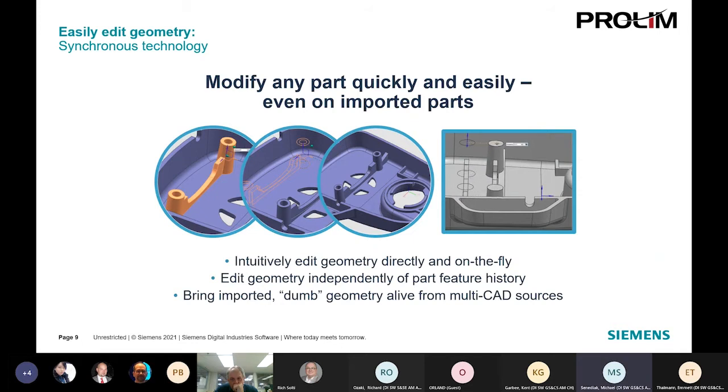So when we talk about how can we easily work with that geometry, Synchronous technology is at the core of this. It allows us to quickly, easily modify parts regardless of whether it's a history-based model, or whether it comes in through a translated STEP file, Parasolid, something like that. And through our selection intent, we're able to pick up on, like you see in the left image, bosses, ribs, pockets, all those different shapes,